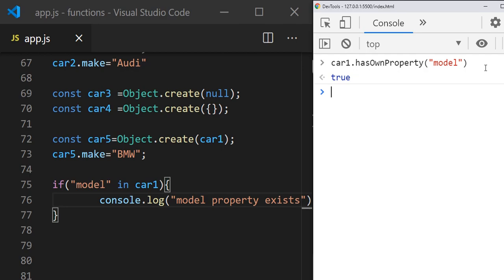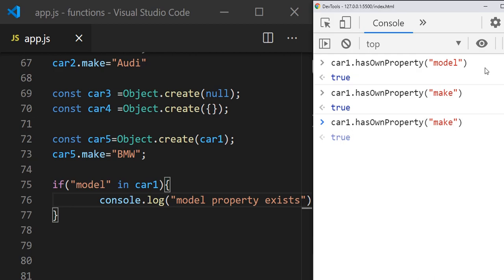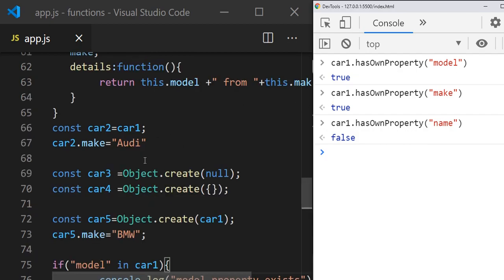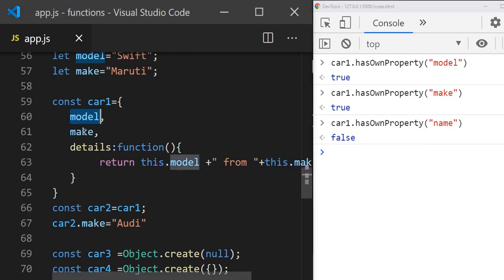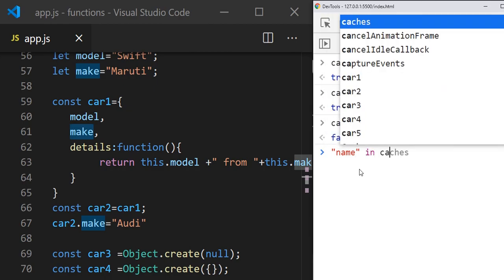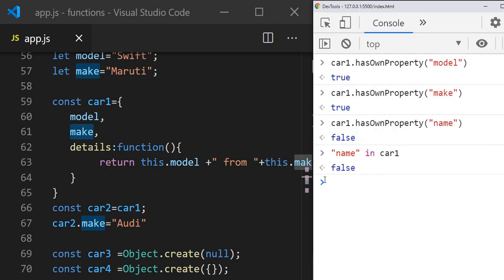The same way you can use car1.hasOwnProperty with model, and let's say make, it will give true. And if you try something which is not available, let's say name, it gives false. Car1 doesn't have the name property, it has only model and make. Same way, in also will give false for name in car1.